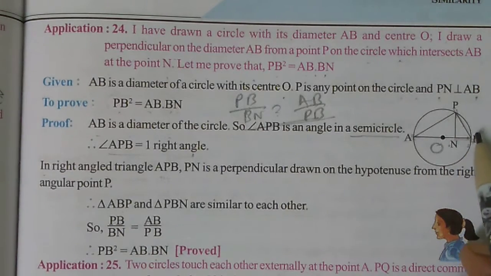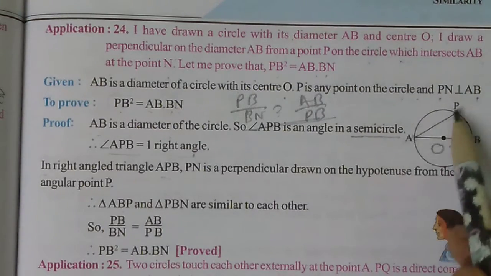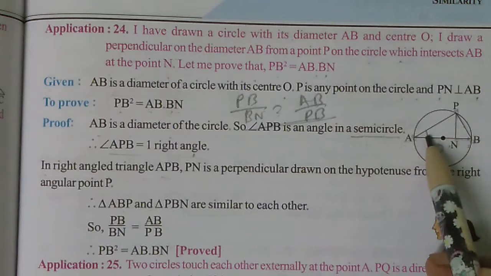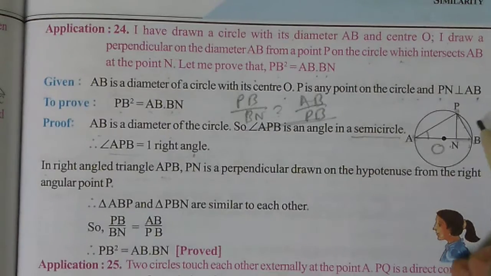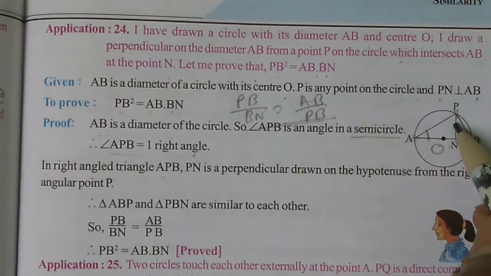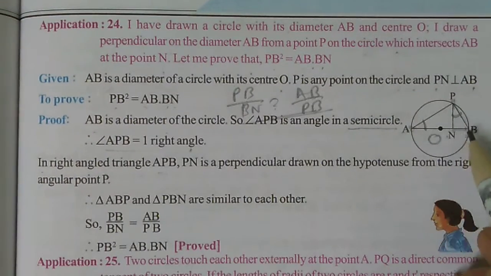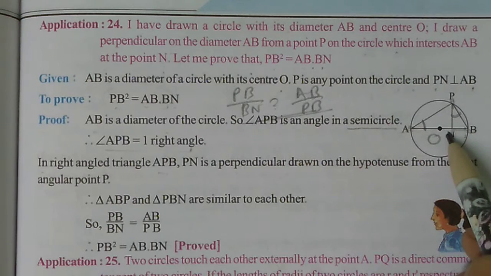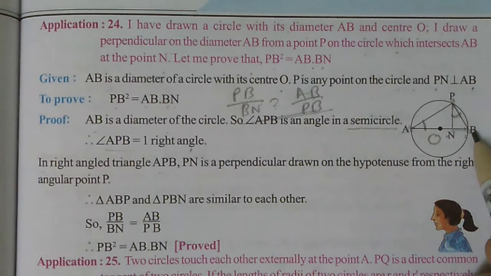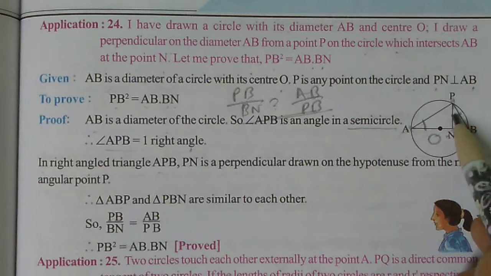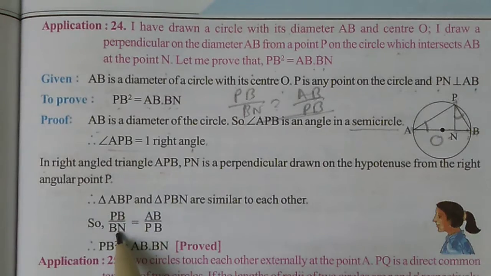Hence we can write, here we know that angle A equals angle BPN. Hence the opposite side of angle A is PB, and the opposite side of angle BPN is BN. Hence PB by BN